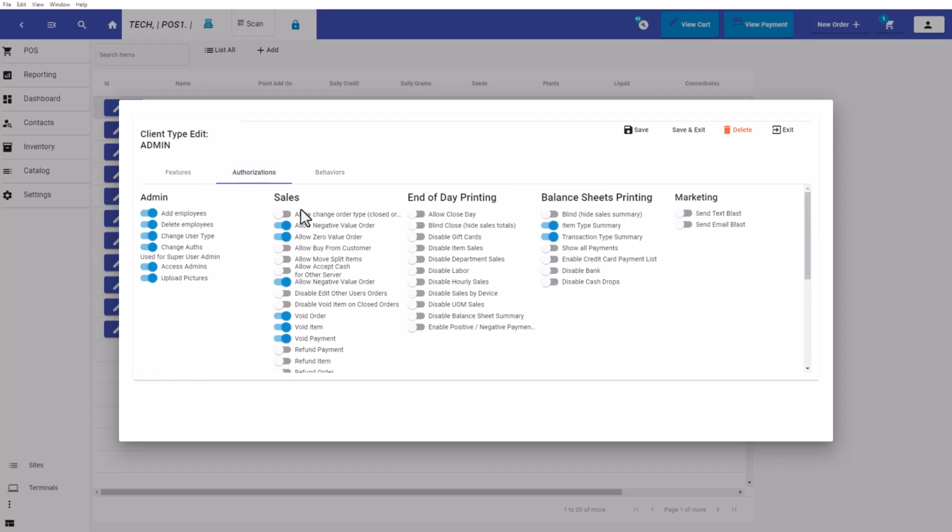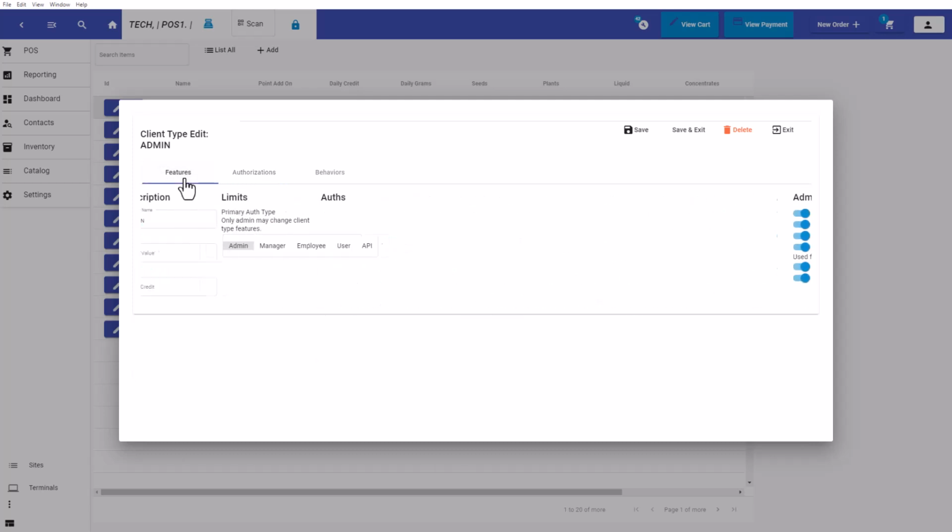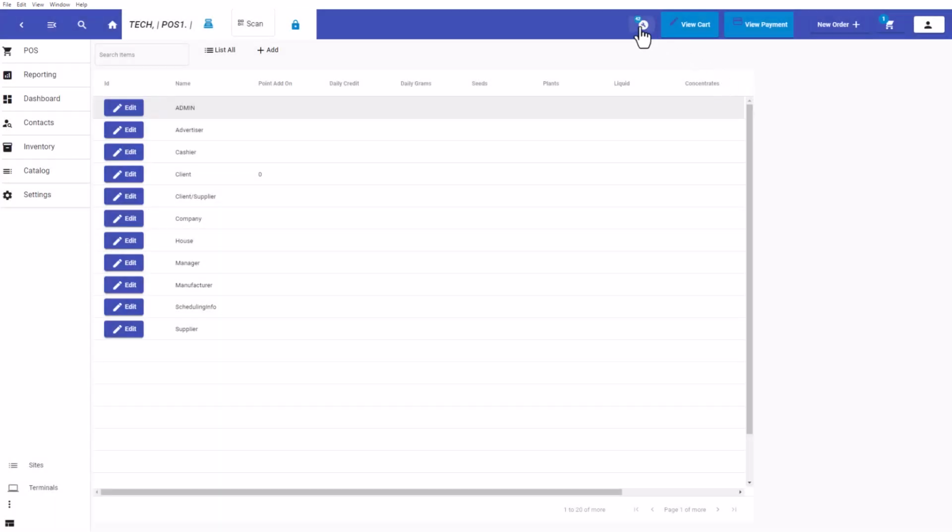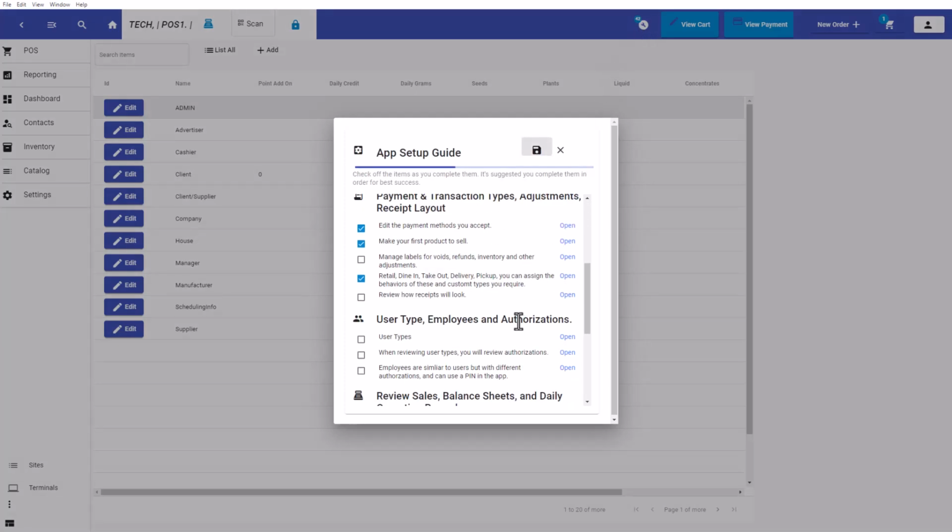And then authorizations, we're not going to cover any of the details here, but this is where you would enable things like voids, printouts, what people can do with the system. And then you're going to set a role for each type here. In this case, admin is going to be admin. Then we're going to look at